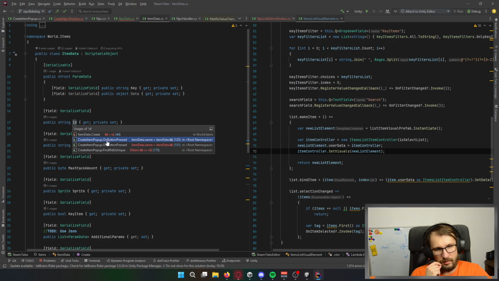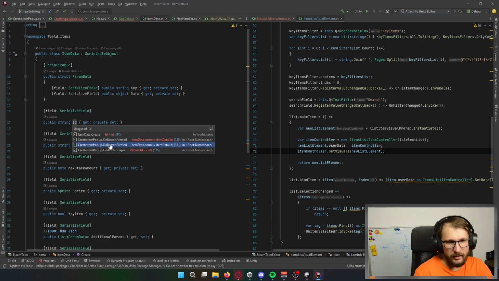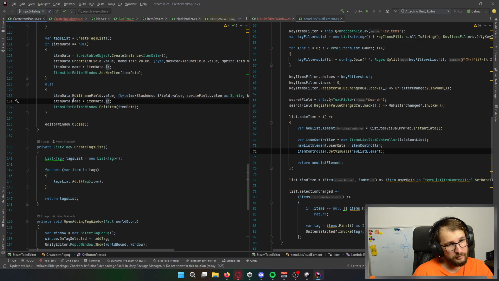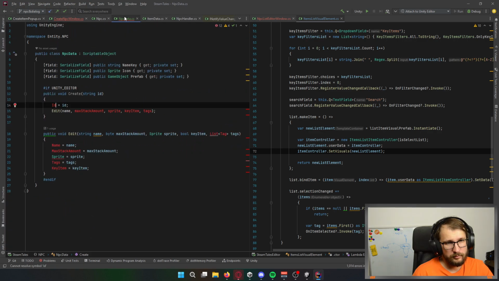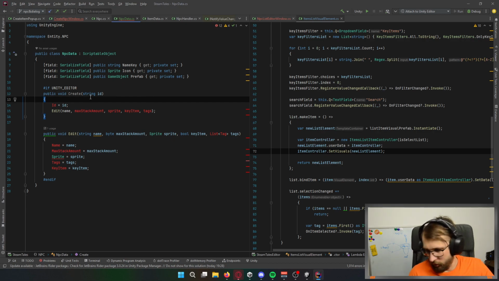So, find if ID is unique. Okay. But could I use ID as the name of this file? That could be useful.